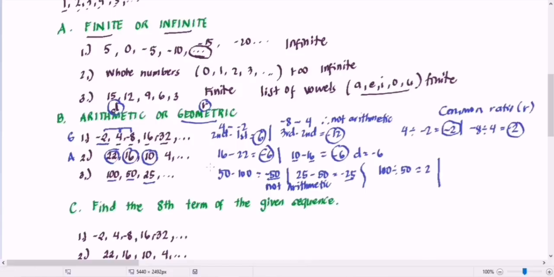Then, check natin yung pangalawa. 25 naman. Ay, sorry. Mali-mali. So, napagbaliktad ko. Dapat, ito yung nandirito. Then, ito naman yung nandirito. Kasi second minus first tayo. So, ulitin natin. So, second term pala muna. That is your second term. Then, ito yung first term natin. So, 50